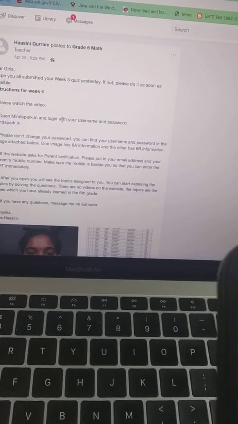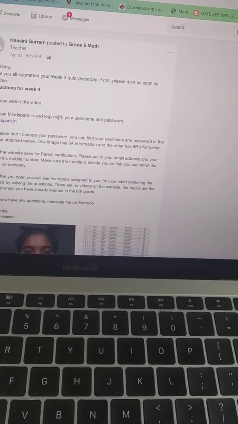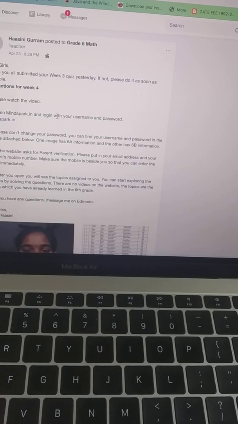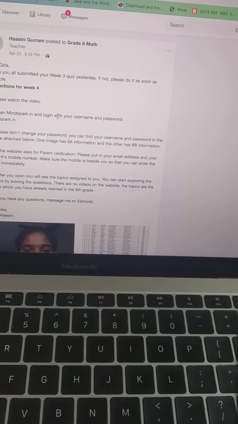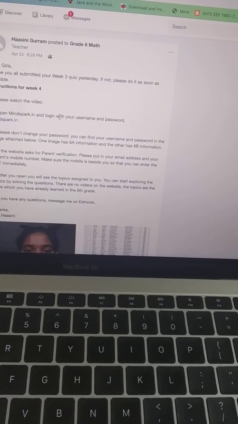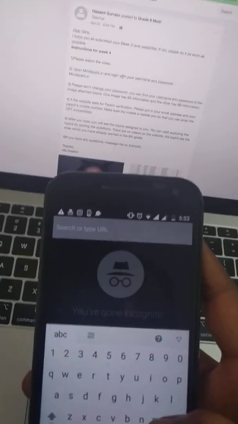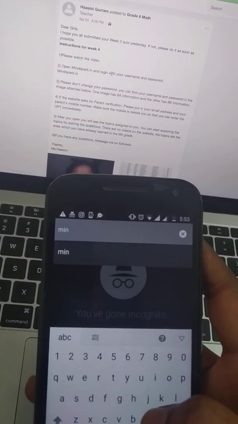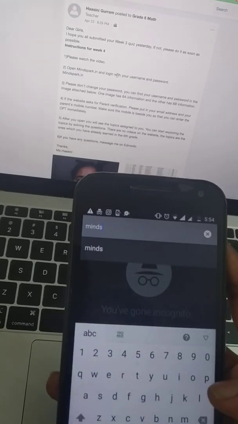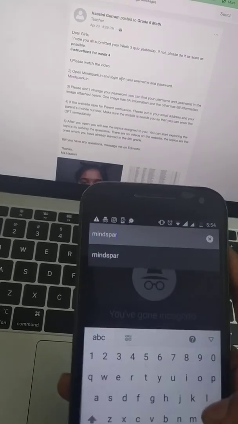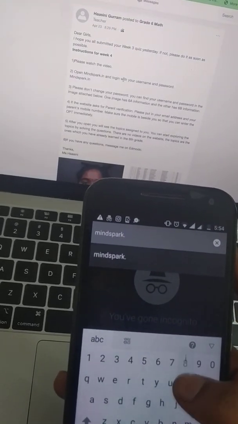In your phone you're going to go to Google, and in Google I'm going to type mindspark.in.